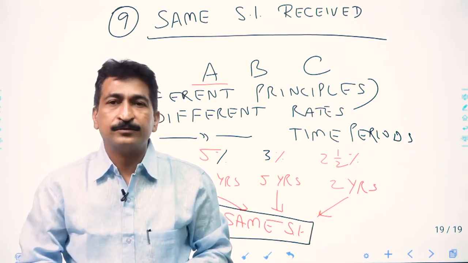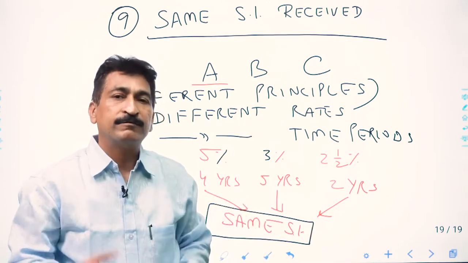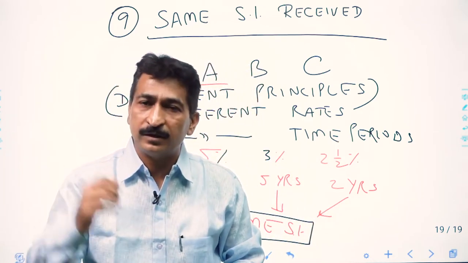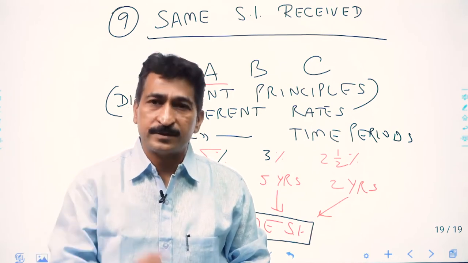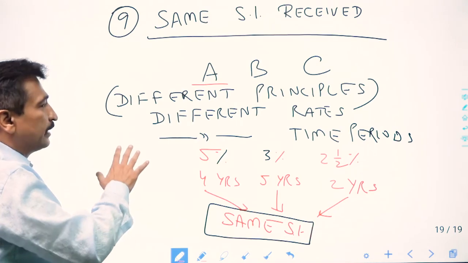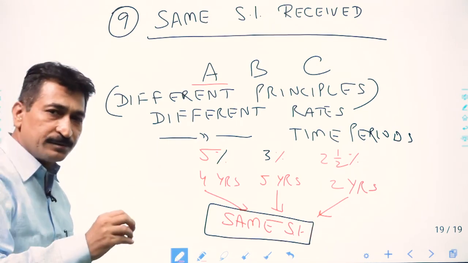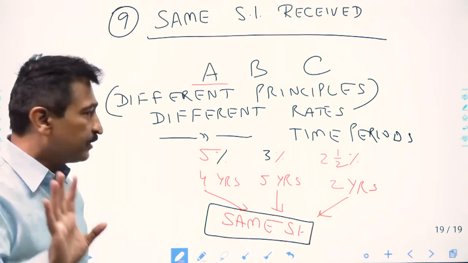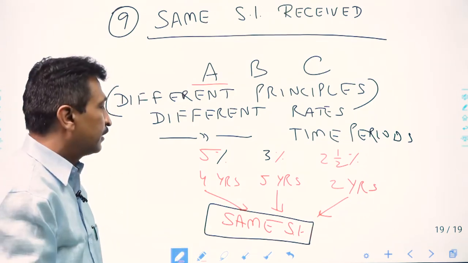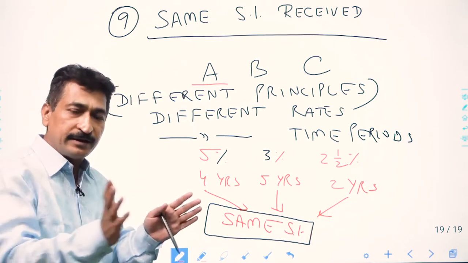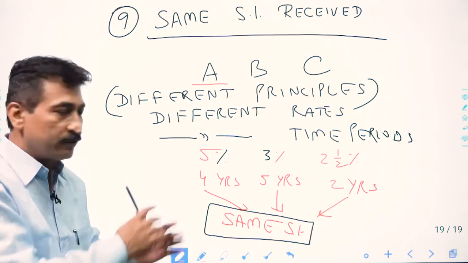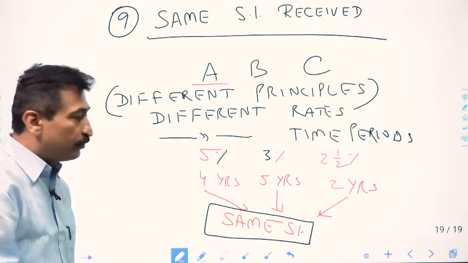And then I ask you, considering this situation, find out the money given to A, B and C, or the ratio of the amounts given to all the three of them, the ratio of the principals. If such is a situation when you are given different principals, different rates, different time periods to different people, 2, 3, 4, and similar interest is received from all of them, and then you want to know the ratio of principal, then what you do is,